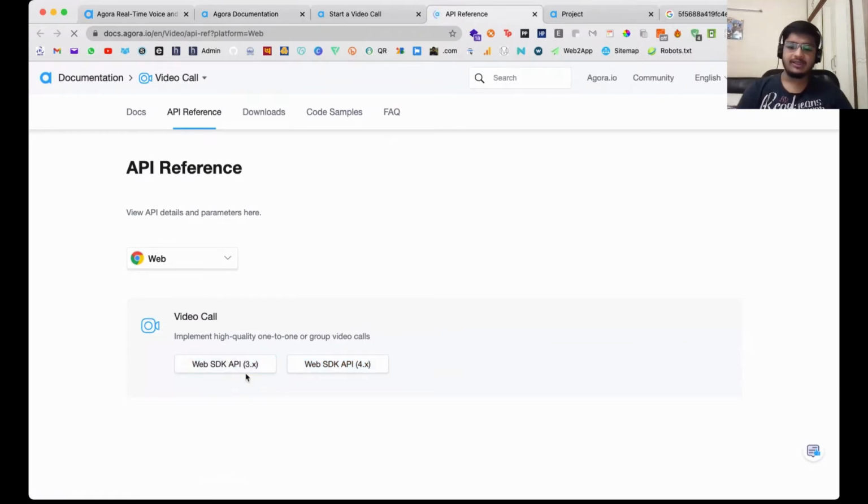Yeah, there's one thing which you really need to know though. The Agora SDK for web is divided into two parts. One is the 3-point series and one is the 4-point series. The 3-point series is the older series which has a lot of features, but the 4-point series is the Agora Web NG SDK, which is the next generation SDK and the latest SDK. All the latest features, different fixes, etc., are going to be implemented over here, and it is very well in production. And you can use the 4-point SDK as well. The documentation is pretty clean as well.